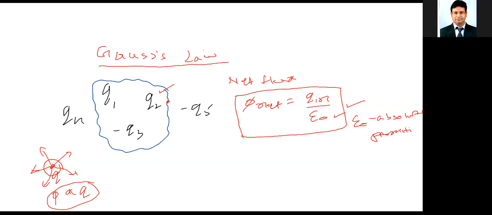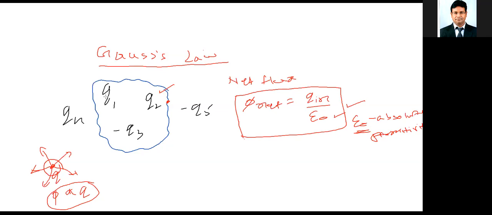This you must have already known, because I'm just talking about the condition where we are discussing Gauss law, because prior to Gauss law, Coulomb's law is there. In Coulomb's law itself, you must have studied this epsilon naught. Now, what do you mean by this net flux? We'll try to understand that also.